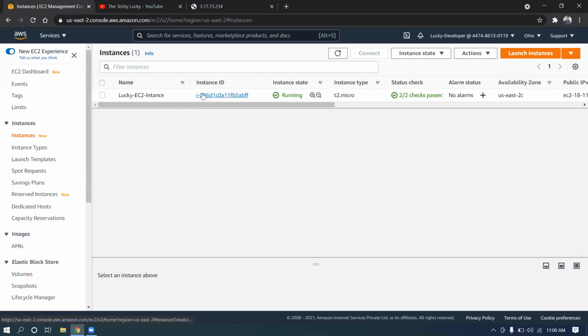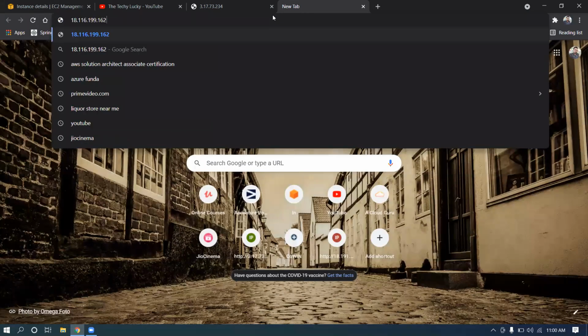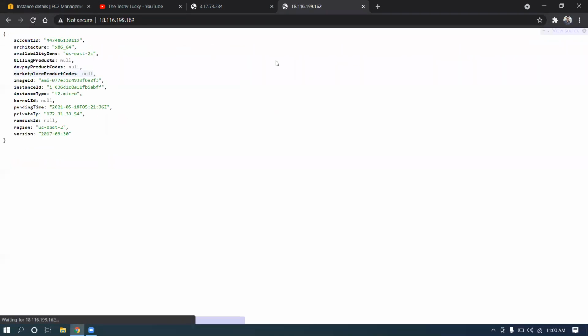Let me do one thing. Let me check the IP address. You see the IP address has been changed, right? The previous IP address was 3.13.17.73.223. This was the IP address. Now your IP address has been changed. This is the new IP address. If you hit the URL, you're able to get the data, and the old IP is gone now. If you try to hit the old one, there will be a timeout. There will be no data available for this particular IP.